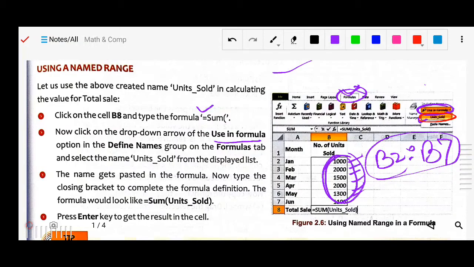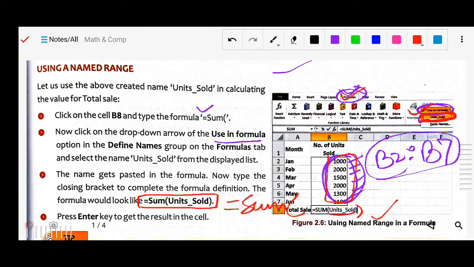Once you click on Unit Sold, the formula will look like this: equal sign, SUM, and in Use in Formula the Unit Sold, your selected range, is displayed here. Close the bracket and hit Enter, and you will see the sum.